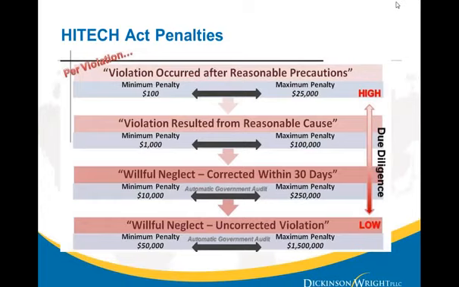Not every organization has to do the same stuff. For example, if you don't keep paper records, you don't need to worry about that, right? If you don't keep electronic records, you don't need to worry about that. So know what you're supposed to do. Two, have policies and procedures in place, right? Policies and procedures and training. And three, make sure you have those agreements in place.